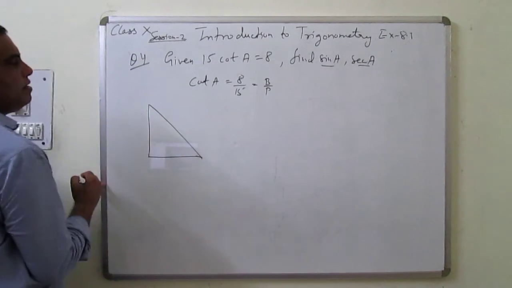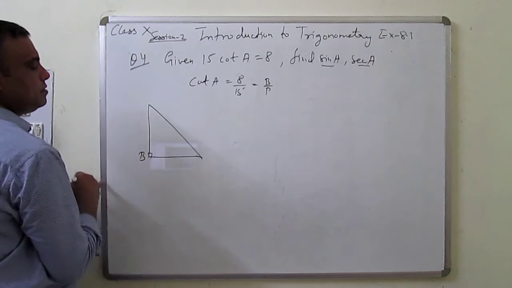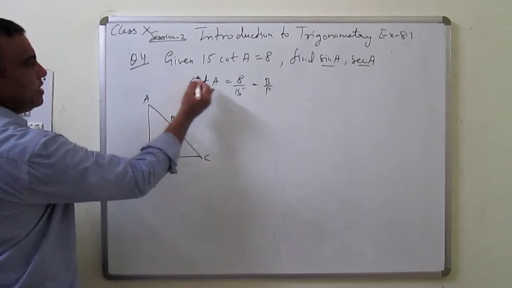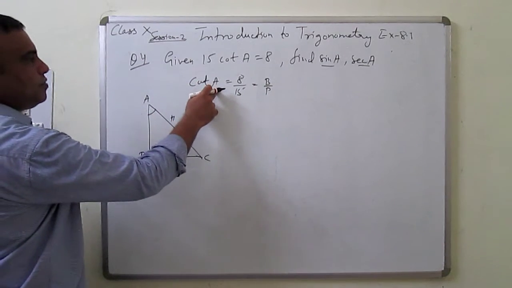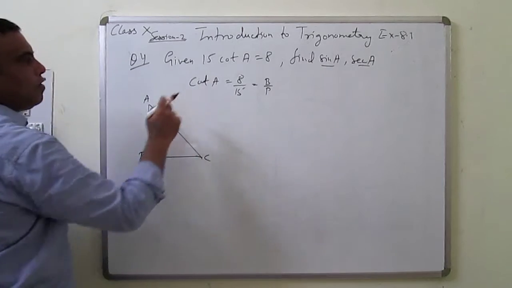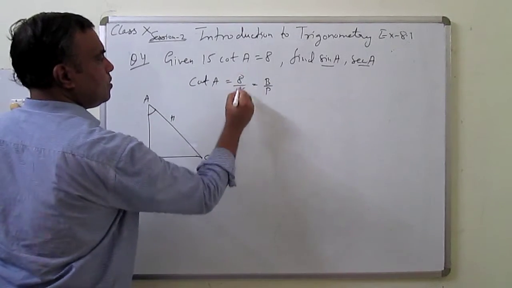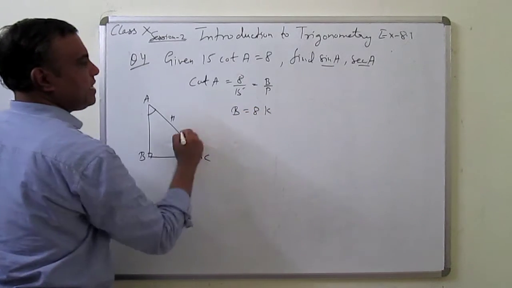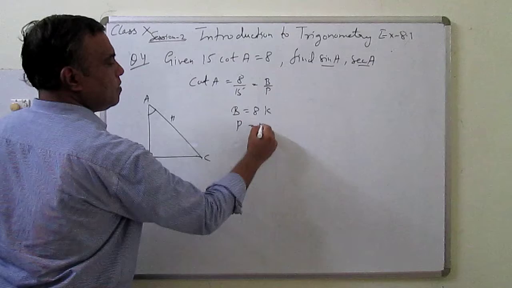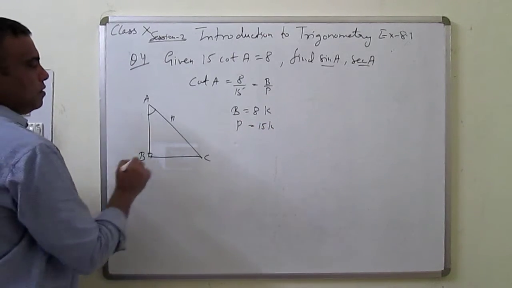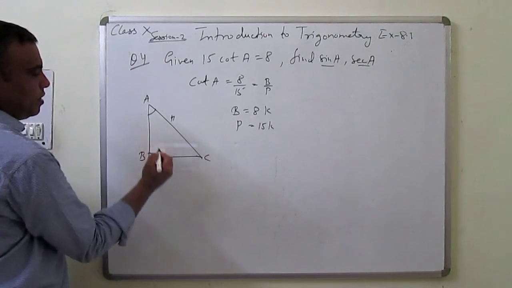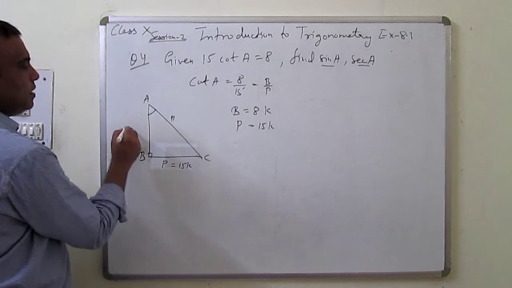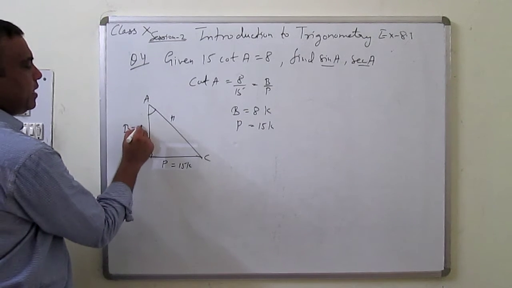Now make a figure in which right angle triangle, take B is 90 degrees, so it is hypotenuse. This is A and this is C. Here I will take angle A is given to you. Now you will take base is equal to, base कितना है 8, तो you can take ratio दिया हुआ है, तो you will take base is 8k, perpendicular is 15k. So what is the perpendicular? Perpendicular opposite to angle A. This is perpendicular and it is given to 15k. This is base and it is given to 8k.